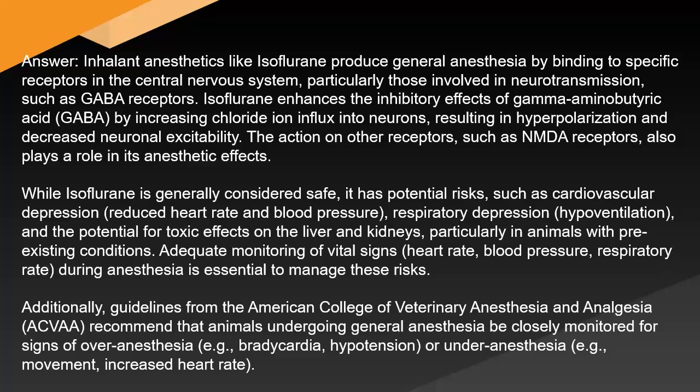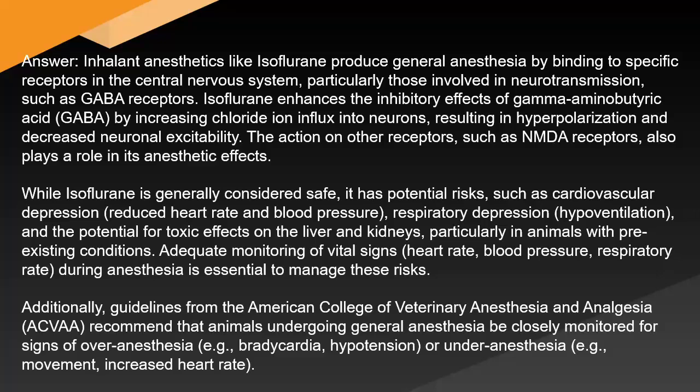Isoflurane enhances the inhibitory effects of gamma-aminobutyric acid (GABA) by increasing chloride ion influx into neurons, resulting in hyperpolarization and decreased neuronal excitability. The action on other receptors, such as NMDA receptors, also plays a role in its anesthetic effects. While isoflurane is generally considered safe, it has potential risks, such as cardiovascular depression, reduced heart rate and blood